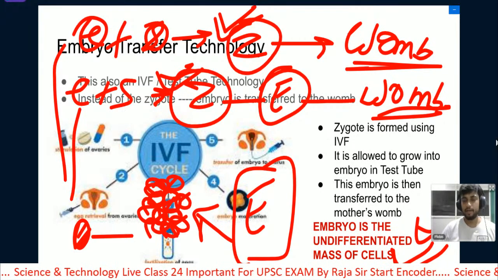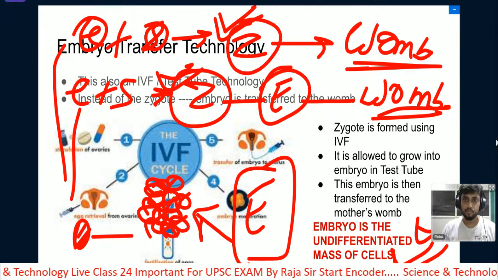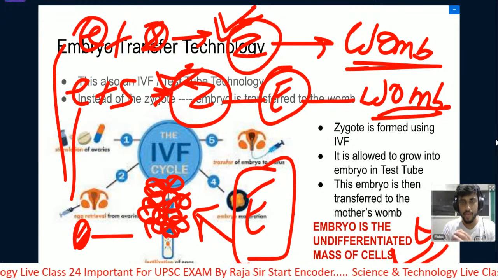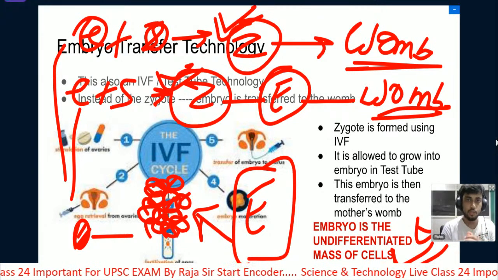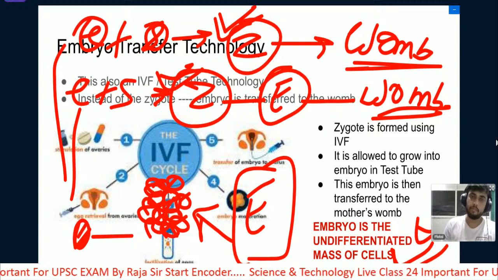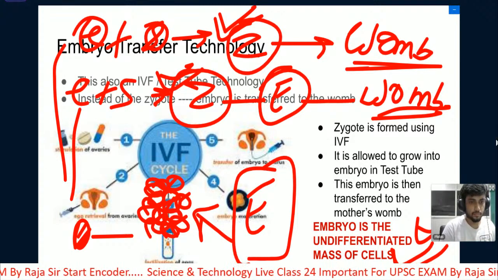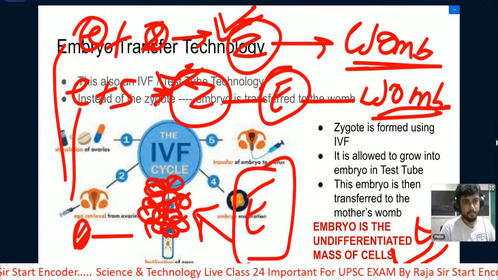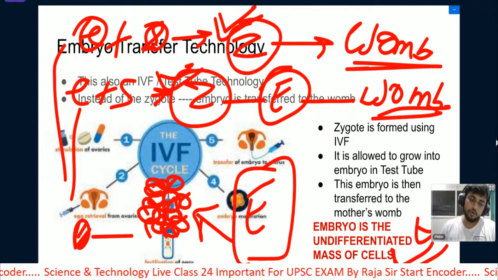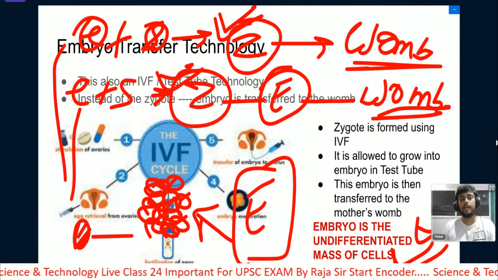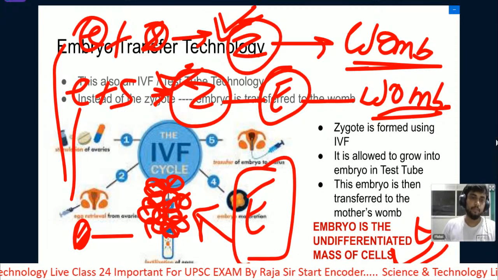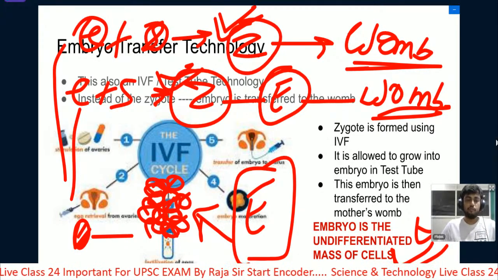The zygote will divide. Okay, zygote divide होगा बहुत सारे cells में, and फिर we will have a mass of the cells, और उस mass of cells को हम बोल रहे हैं embryo. और embryo के अंदर all the cells, they are alike. Yes, there will be cell division in the zygote, and obviously it will divide mitotically, and the embryo will be formed.